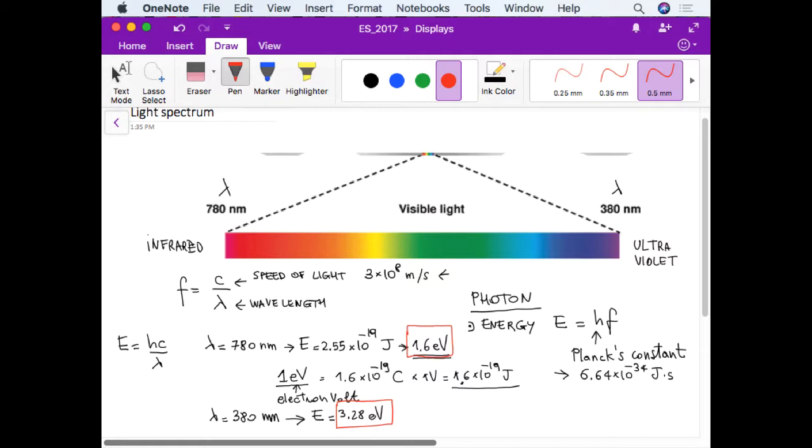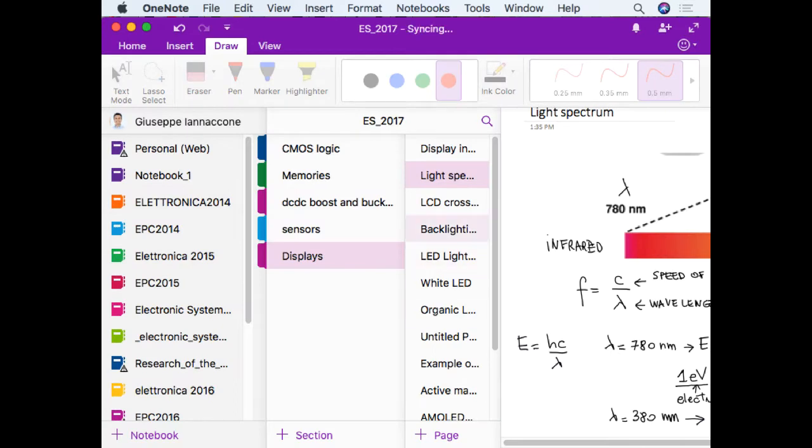So why is that important? Because this is the type of energy that we need in order to produce photons. And in order to, let's say, produce light, we have to produce photons, of course. Okay, the main way in solid state electronics to produce